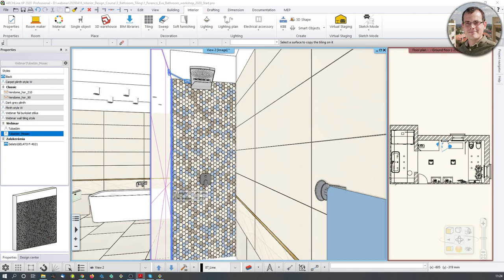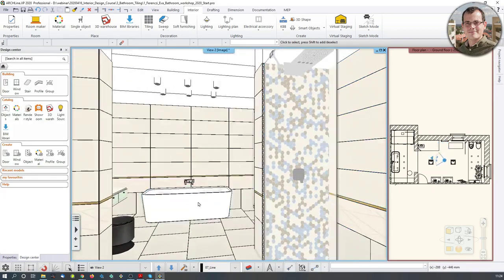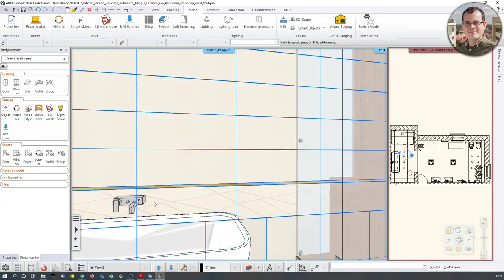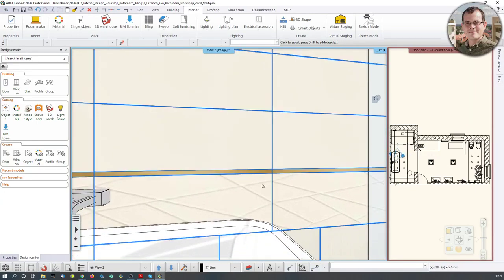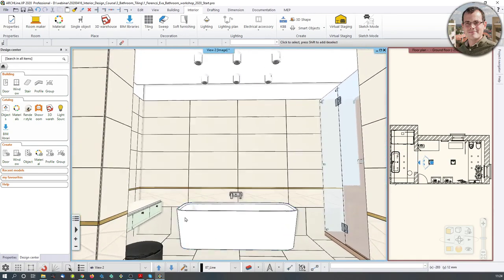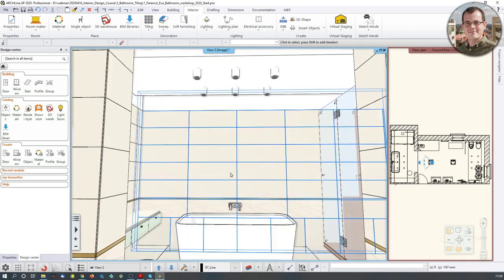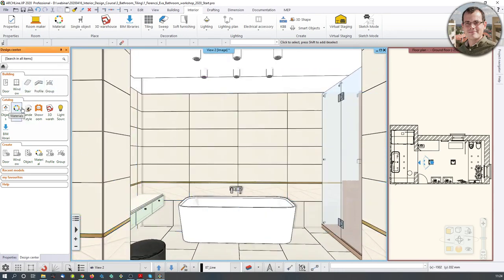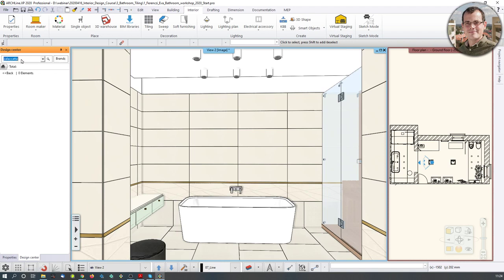Now, once we have created that, there's another way to make your visuals a bit more interesting, and I can do that if I zoom in. You see that these tiles have certain patterns, but they're always placed down with the same direction. Let me show you another example, something with which I can show you what happens if you are using tiles with patterns. Let me go to the object library and type in the name of one of the tiles I like to use. Its name is Kalakatta. Sorry, with one C. Here's the one. So if I grab onto this element and drag and drop onto the surface, the software asks me,